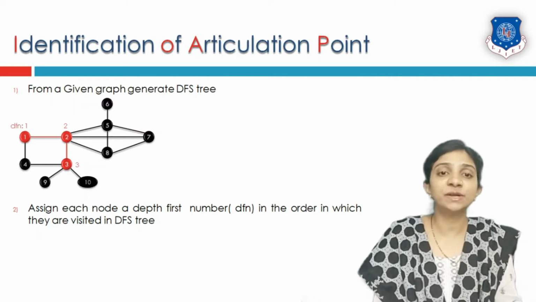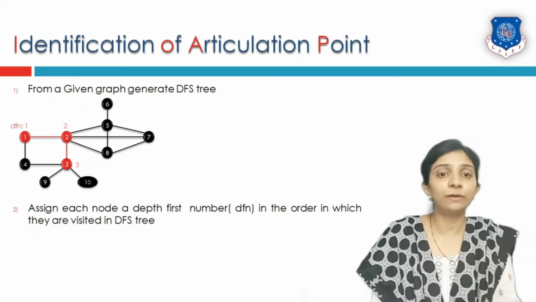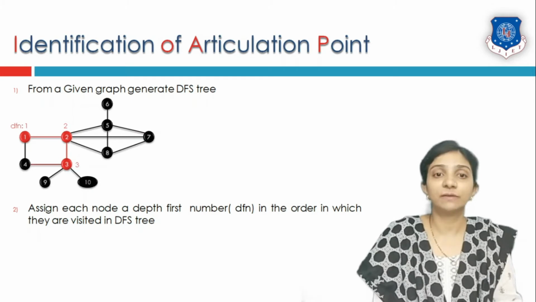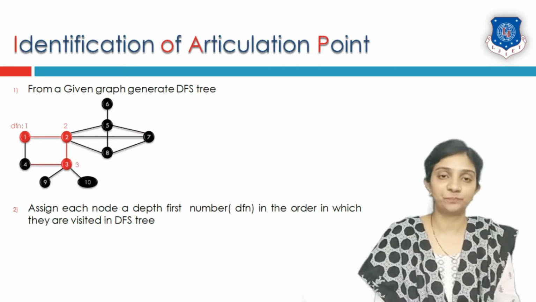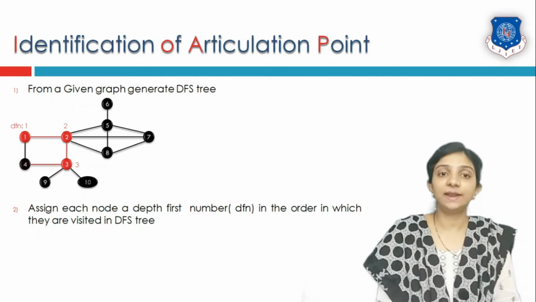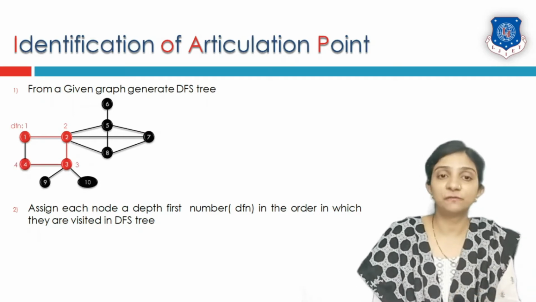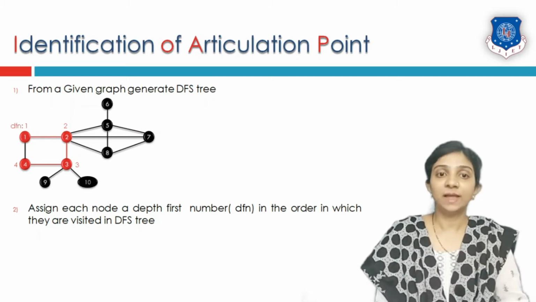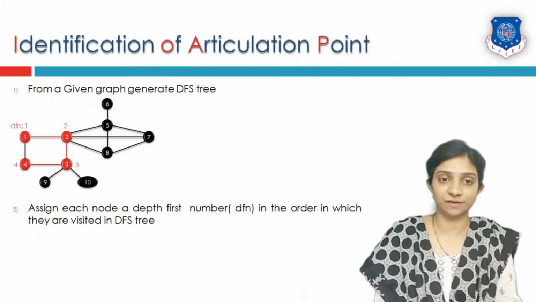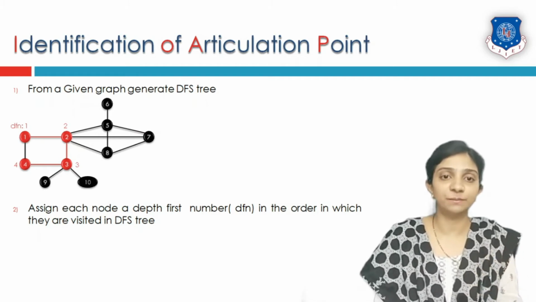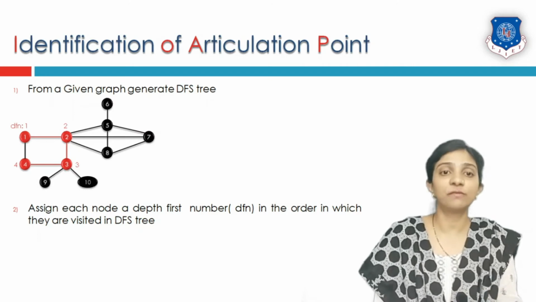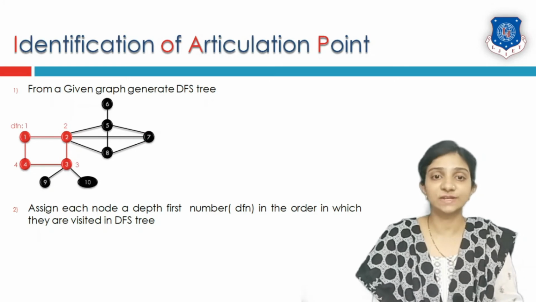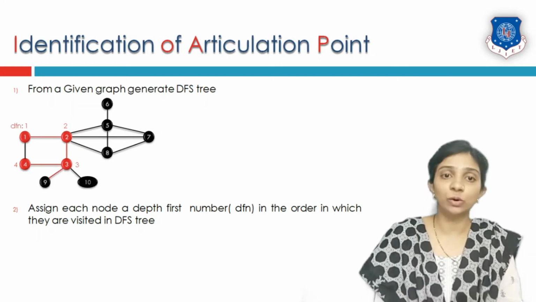Now vertex number 3 has 3 unvisited adjacents: 4, 9 and 10. Out of these 3, I will first select adjacent vertex number 4, and it will get visited. Since this is the fourth vertex that I am visiting, its depth first number will be 4. Now from 4 there are two adjacents, vertex number 1 and vertex number 3. Both of these adjacents of the fourth vertex are visited, so we must not consider them. So we must go back to vertex number 3.